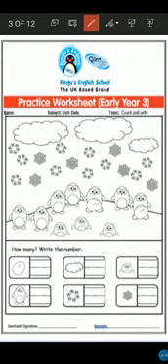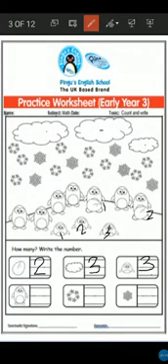Now first we have to count the number of eggs present in the picture. I can see one egg here and the second is here. So the answer is 2 eggs. Now let's count the clouds. 1, 2 and 3. So there are 3 clouds in the picture. We can write 3 over here. Now we have to count the baby penguins. 1, 2 and 3. There are 3 baby penguins, so we will write 3 over here.